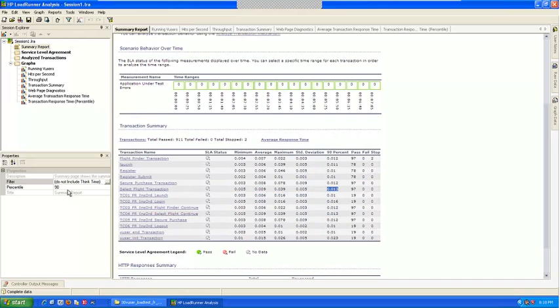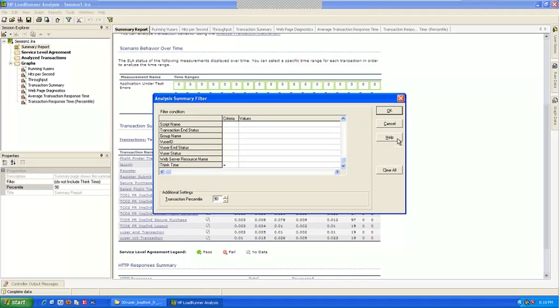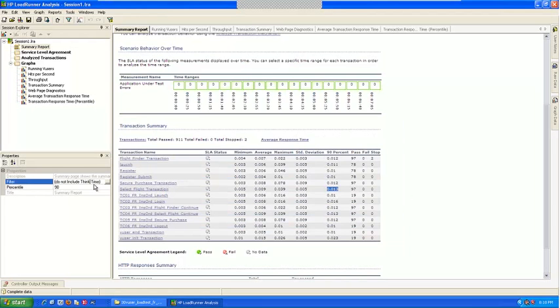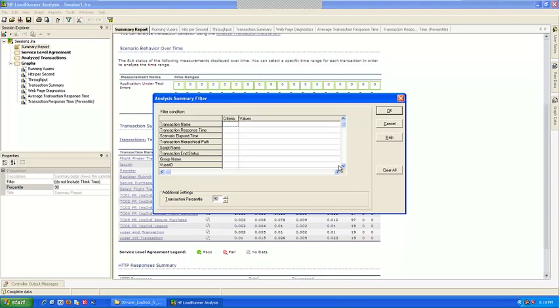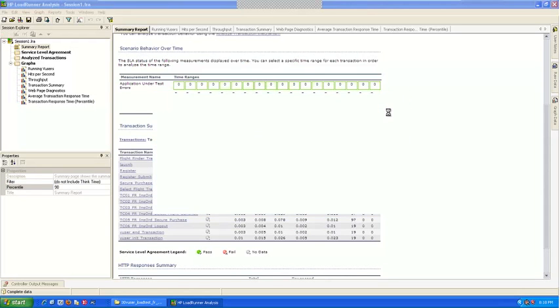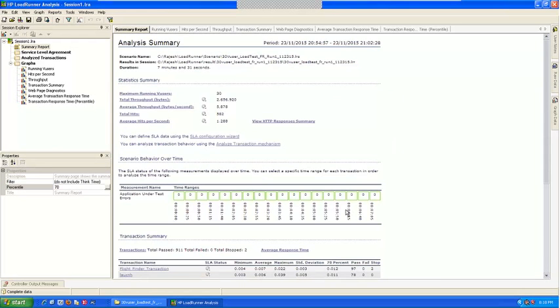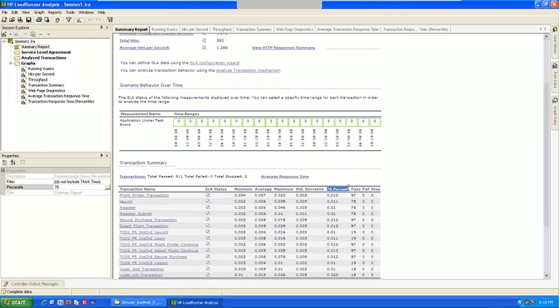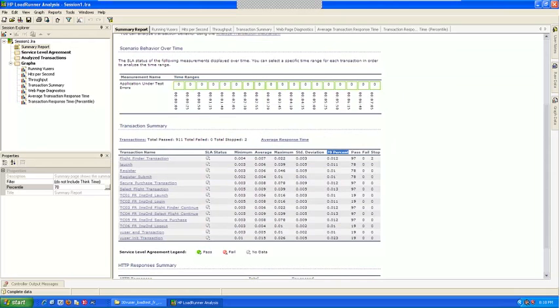Similarly, you can change the percentile here. You can change what you want. You want a 90 percentile or whatever percentile here. Instead of 90 percentile that is showing here, I want 70 percentile. So I'll go here, I'll change it to 70. Okay. So now, instead of 90 percentile, you see here it is showing 70 percentile. So what is the response time when 70% of the users were in? That is the response time that shows here.